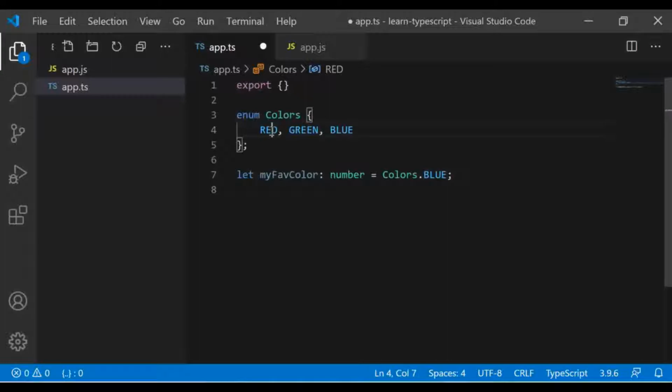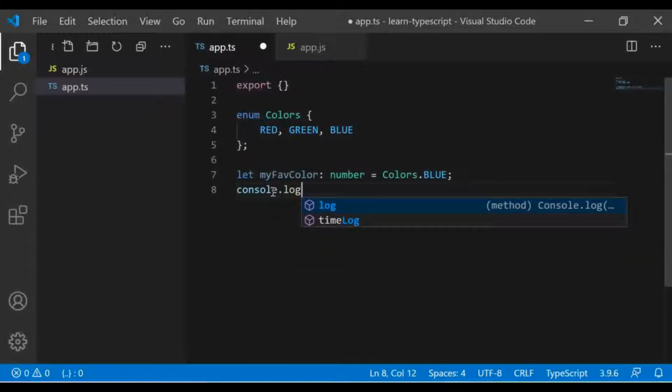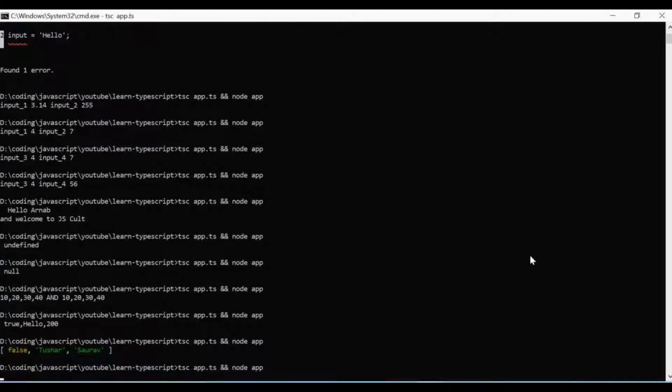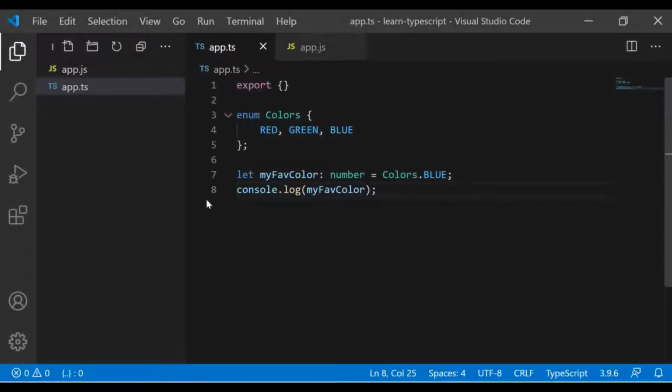Okay, what happens is in an enum, by default they hold numeric values that start from 0. So in this enum, red is basically 0. You can see here Colors.Red equals 0. Same way it will be incremental: green is 1 and blue is 2. So the moment we try to print this, console.log, it should show the index. So as you can see, 0, 1, 2.